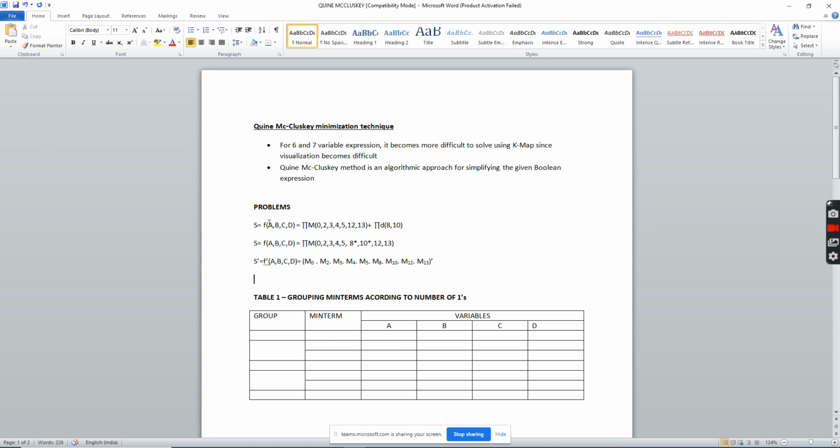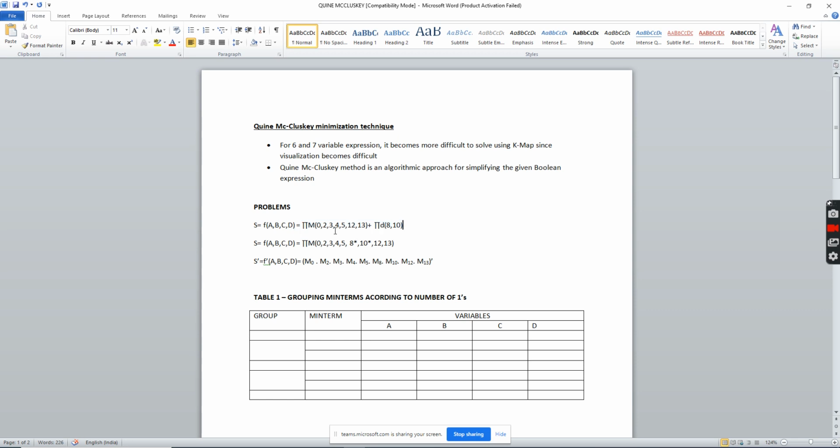So in yesterday's last class, I discussed the Quine-McCluskey minimization technique. In that technique, I was discussing pi terms. Summation terms we had discussed. Summation plus incompletely specified Boolean functions I have discussed. So the last one we are left with is the pi term. So how to solve a pi term using the Quine-McCluskey minimization technique, or a max term list? So I'm directly taking one problem on the Quine-McCluskey minimization technique, that is using the max term list.